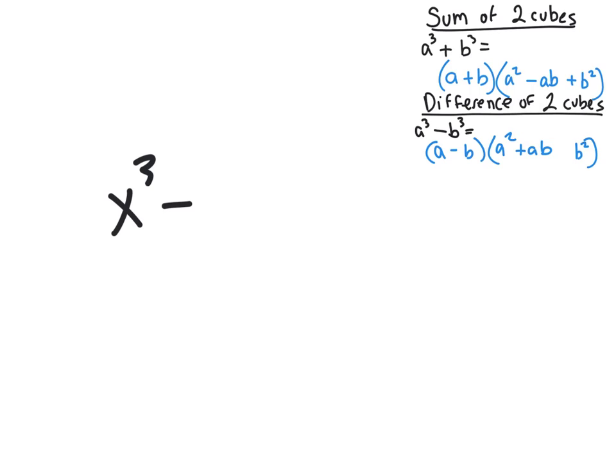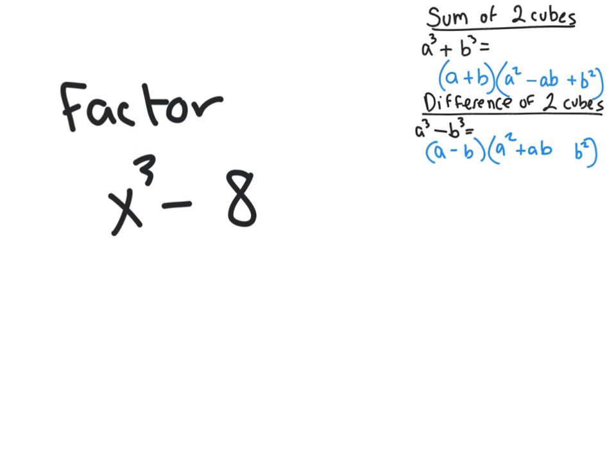A perfect cube term. 8 is a perfect cube term. 27 is a perfect cube term. 64 is a perfect cube term, right? So let's go with the simple one, 8, all right? So let's say you had x cubed minus 8, and let's say they told you to factor. Okay? Now,